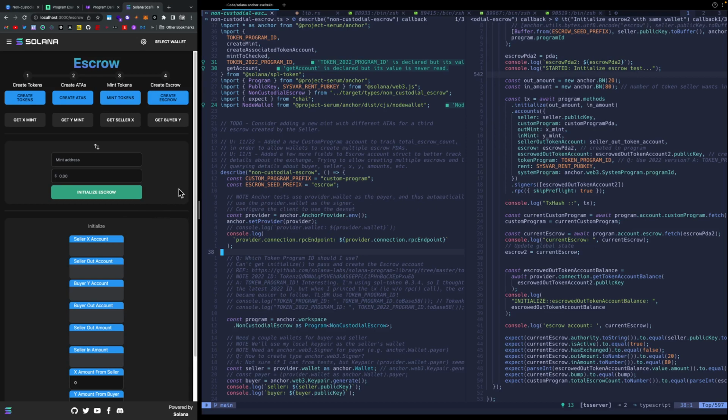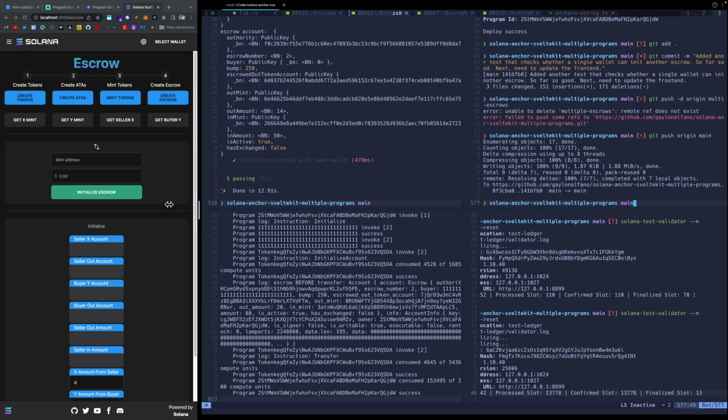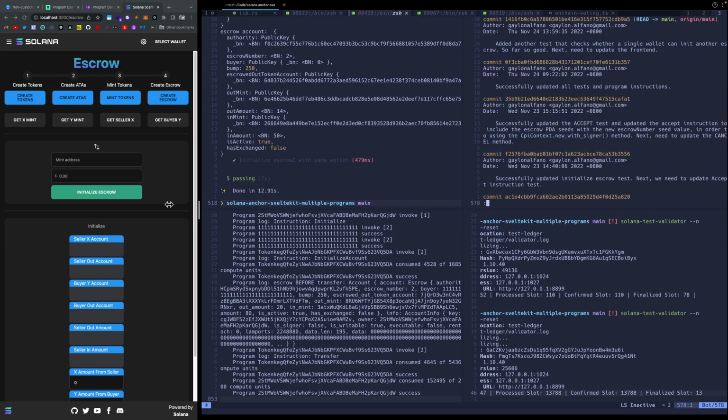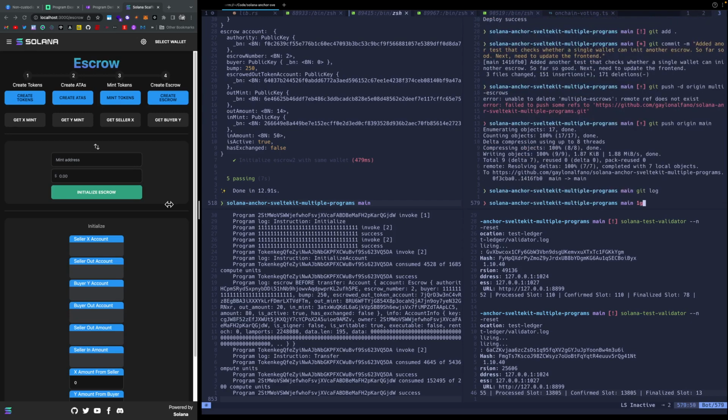Let's see. I've got a working test. Things are looking good. I've got a single wallet that can init multiple escrows. So far so good. I think it's now probably time we could start messing with the front end again. Now this is an absolute